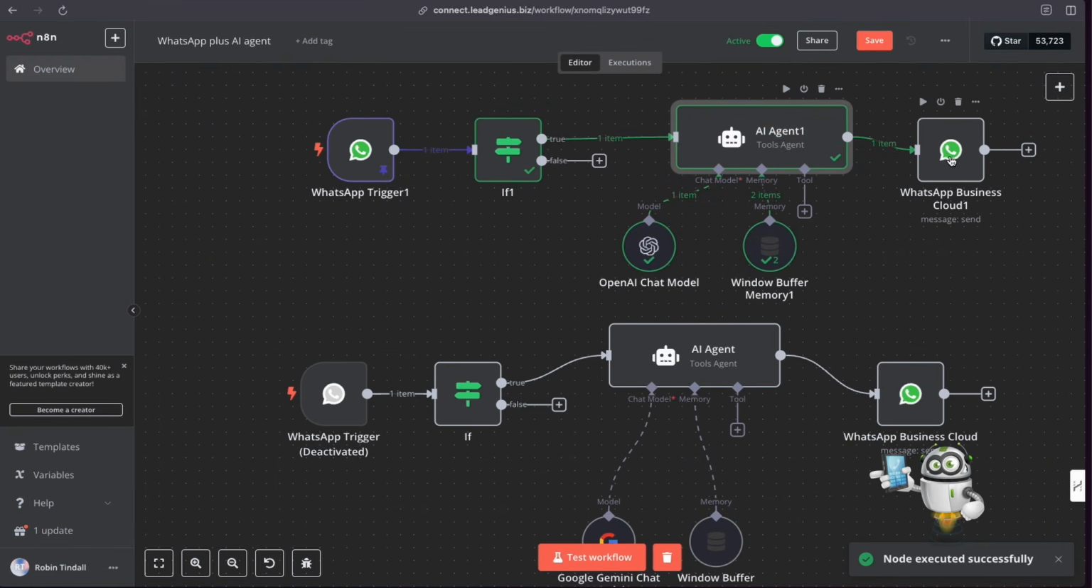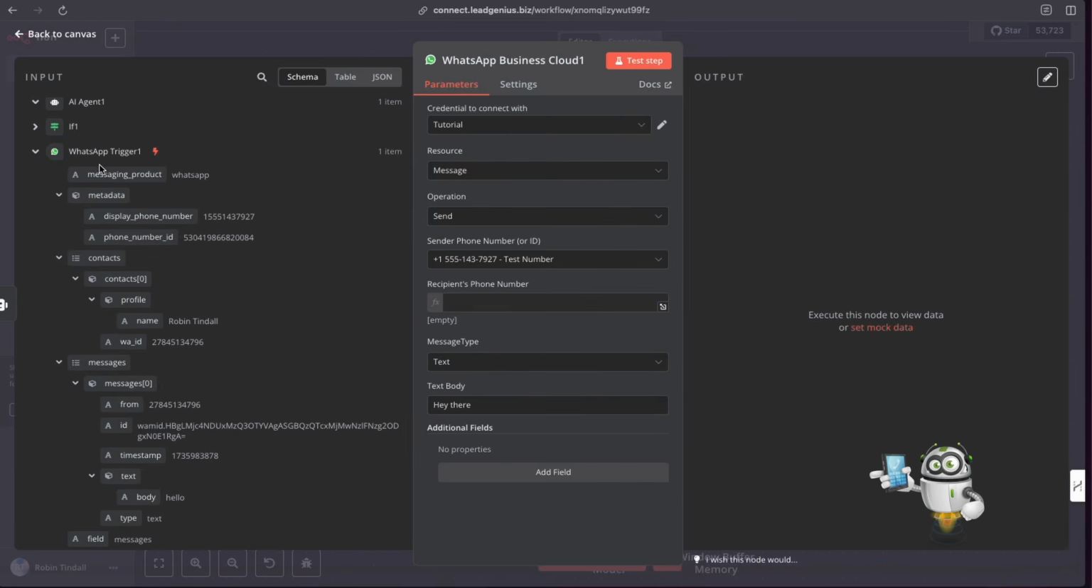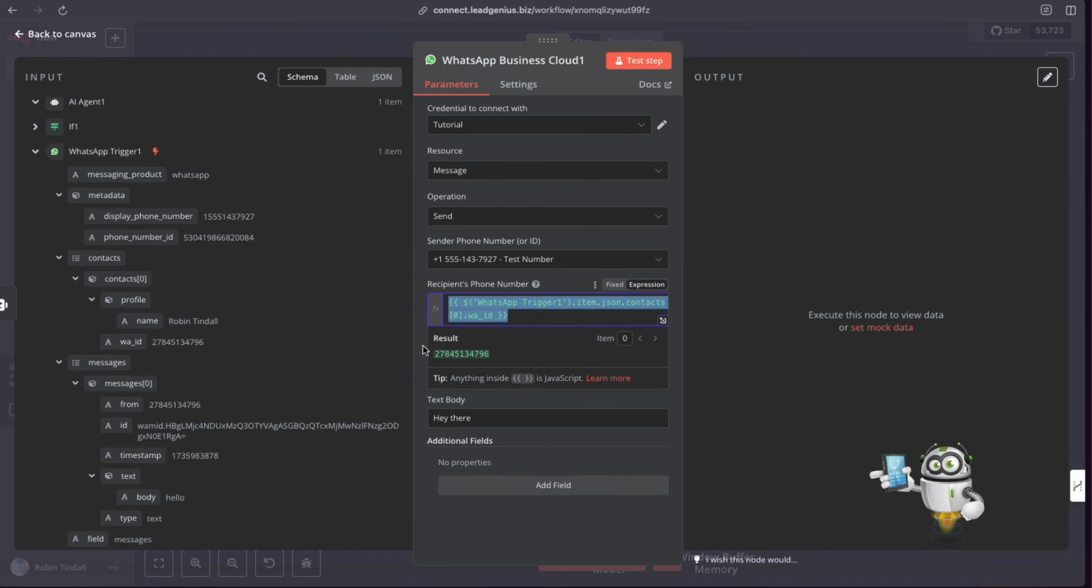Now we can see our agent working, and it sent a response out. And we want our recipient's phone number to pull through, and it hasn't pulled through here. Why do I know this? Because it's bright red. It's not working. So let me delete that out. Let's go back now to our WhatsApp trigger, and we can look for the telephone number. We can drag that in there, and there we've got the number. And if I hit test setup now,